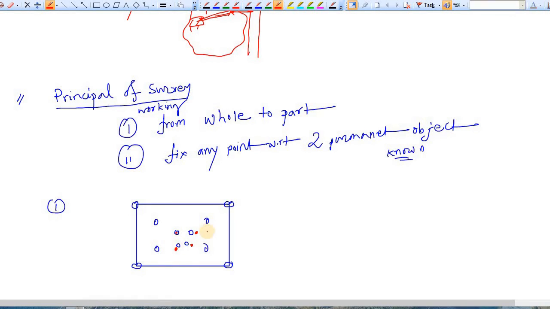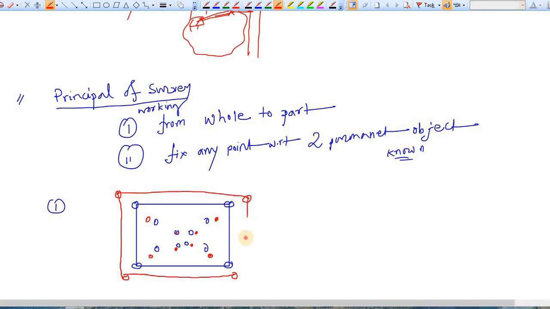Again, from this point you have located this here. With respect to this point you have located this here. This is what you have plotted here, and this is what you have plotted here. Again, with respect to this one you have plotted this point here. With respect to this you have plotted this one here, and with respect to this one you have plotted here. Similarly, you have plotted this point here. So finally your rectangle or plot looks something like this.